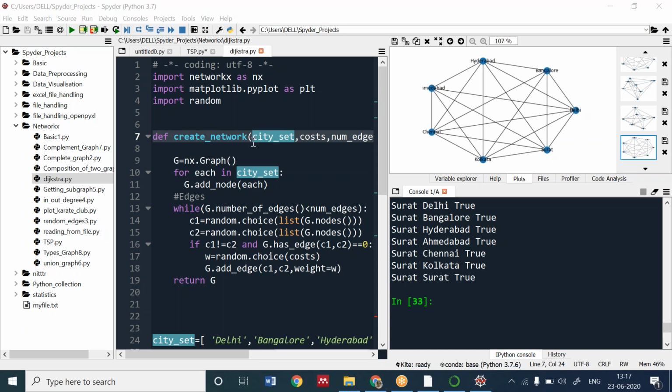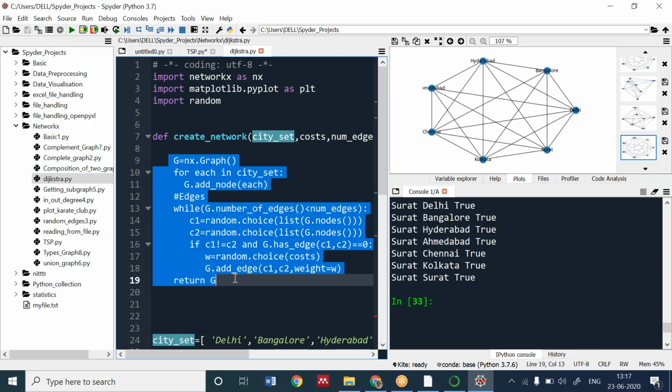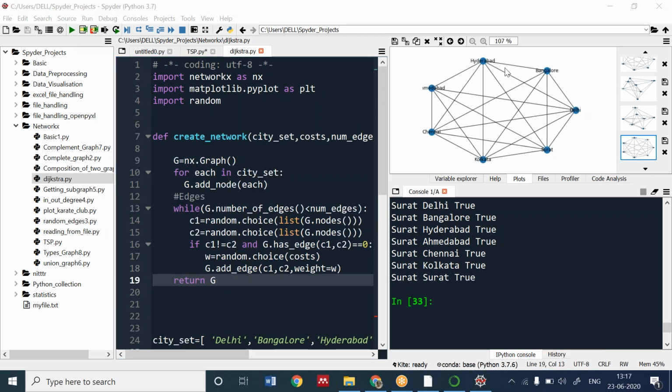We are creating a function, create network. We have the city name here, cost, and the edge. We have the city set, name, cost, and the edge, and we have done this before also. I am returning the graph from it. What I have done is added a node for each city and created an edge, which we have done before also, and I am returning the graph.